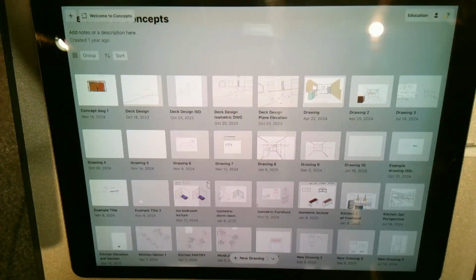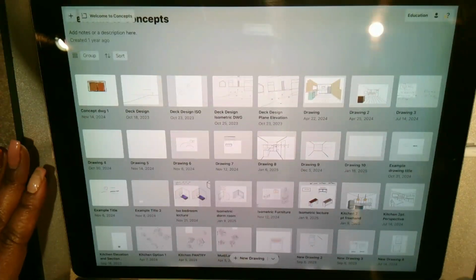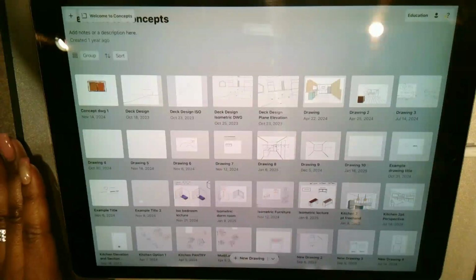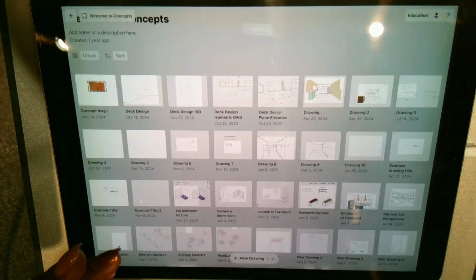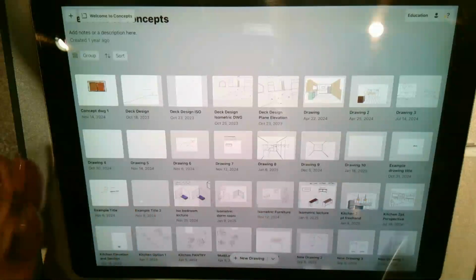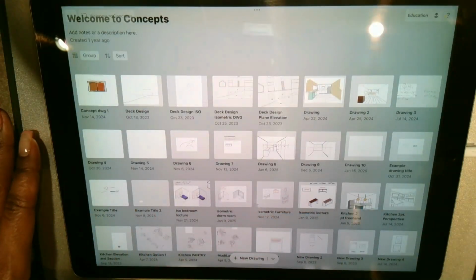For this video tutorial, I will be demonstrating how to start in your Concepts app. Once you have downloaded the drawings application, you're going to come to a home screen. Of course, you won't have as many images as I have here simply because I've been working in the program, but you're going to go ahead and say start new drawing by selecting the plus sign where it has new